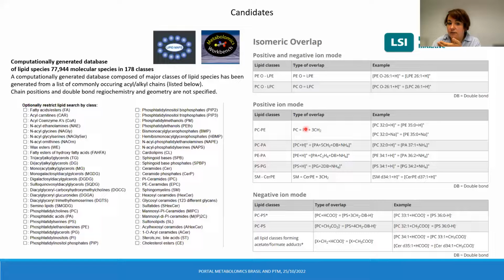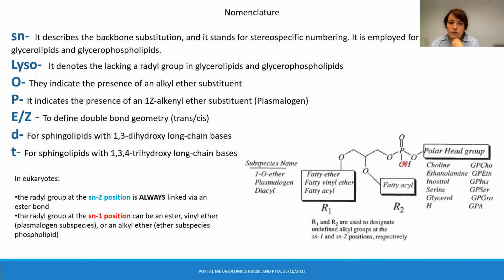So for PC, we can have a PE with 3 more carbons. That's what I was telling before. For PC, we can have PE following this: we have to add 5 carbons, double bonds, and an ammonia adduct. So here you can find the list of different possible isomeric and isobaric options for different lipids. And I find this very useful in my annotations. Sometimes I see that obviously this is phosphocholine, but I don't have any candidates for phosphocholine in the databases. So in this way, we can sometimes come to some nice annotation.